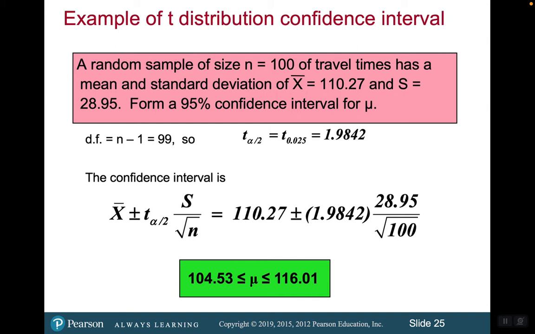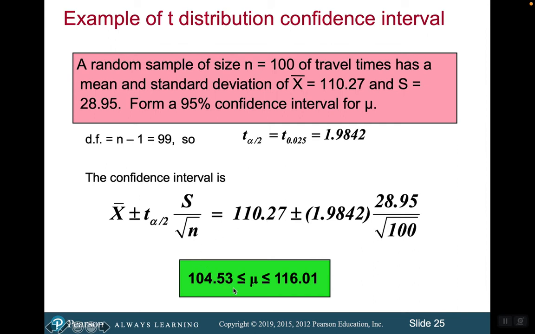All right, so n minus 1, our degrees of freedom, which is what we're working with in the t distribution. So it's n minus 1, which is 99. Then we do the lookup in the table, which gives us 1.9842. Then we put it into our formula here and do our calculation,